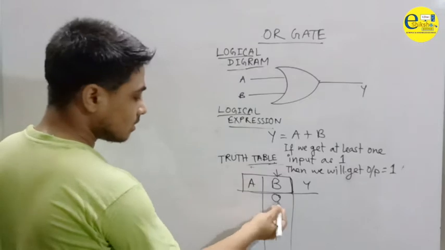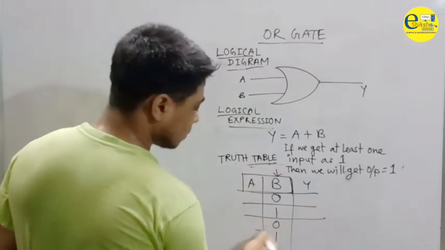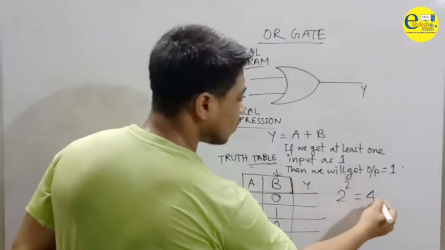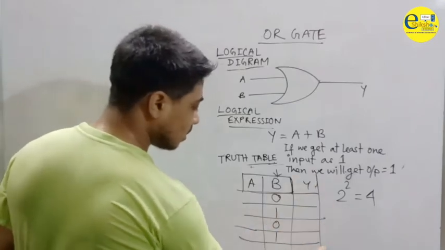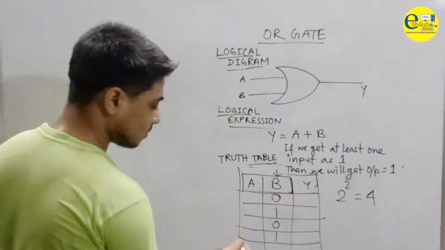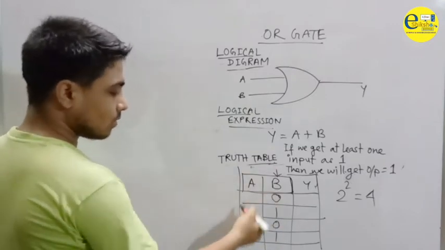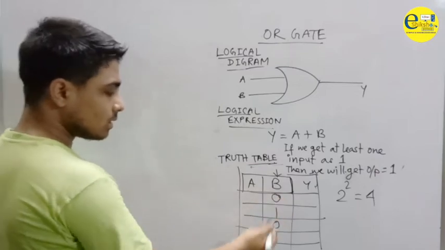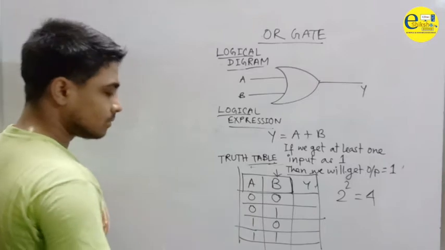Then how many rows do we have to draw? See, 2 to the power of the number of inputs. The number of inputs is 2, that's why 4. We have to draw 4 rows. Okay, so I am filling this 0 1 0 1. And what is the double of one occurrence? The change is after 2, so I am writing here 0 0 1 1.